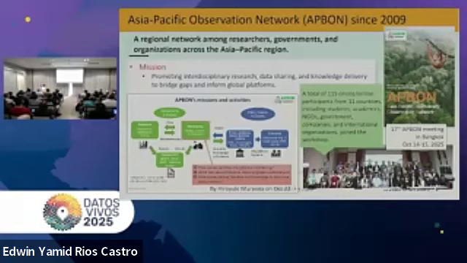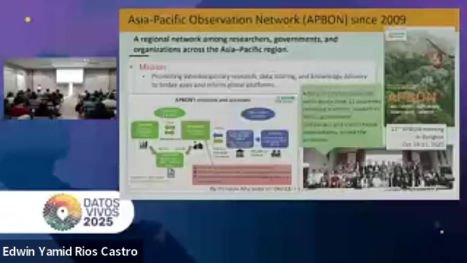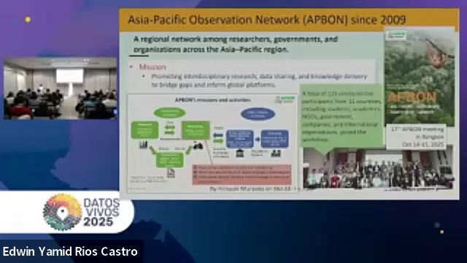Last week we had the 70th AP BON workshop in Bangkok. In this workshop, we discussed how biodiversity monitoring can contribute to nature-based solutions, as well as ways to implement and promote effective biodiversity monitoring. In this context, we also discussed how the EBV framework can be applied in this region and what the challenges are to do so.